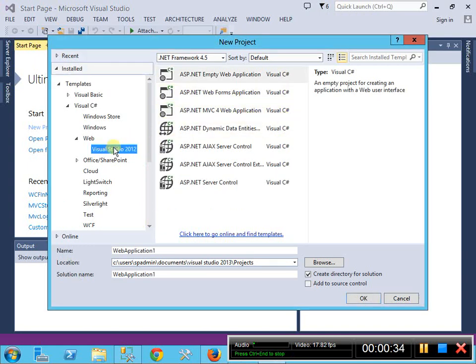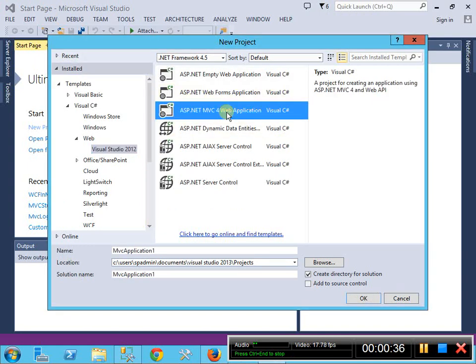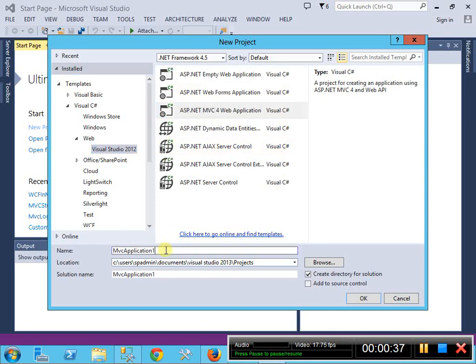I'm selecting Visual Studio 2014 and MVC web application, and name it as customers service. Solution name is WCF